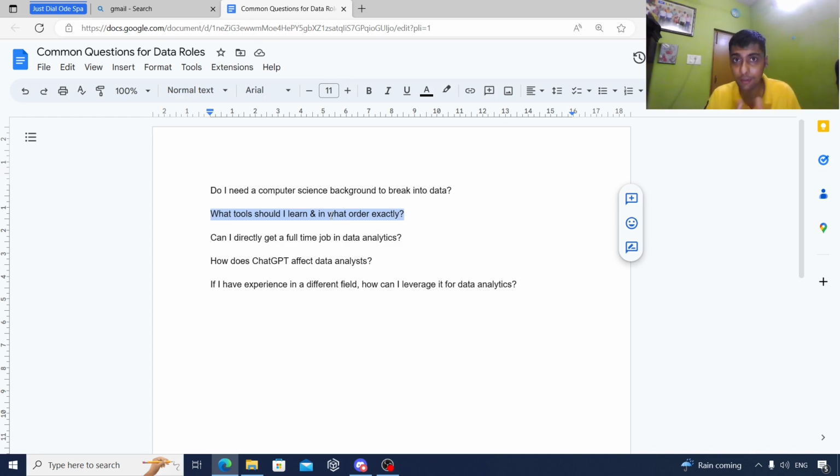Not all entry level data analyst jobs require you to know Python. Once you learn these three, start applying already. After that, when you have time, when you have scope for upskilling, then learn Python. That can be your fourth tool. So this is the order you can go in: Excel, SQL, visualization tool, then Python. This is how I learned it, and I think it is a great way to go through the tools one by one.